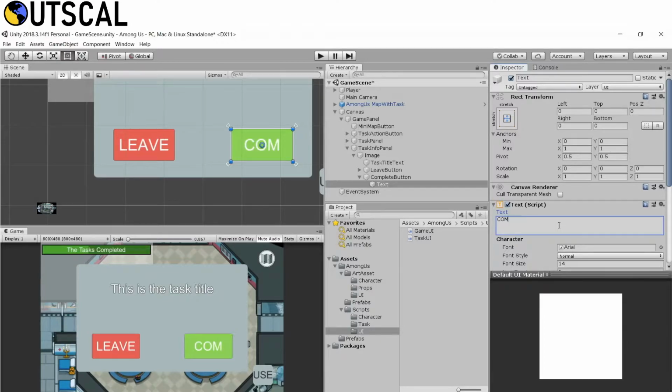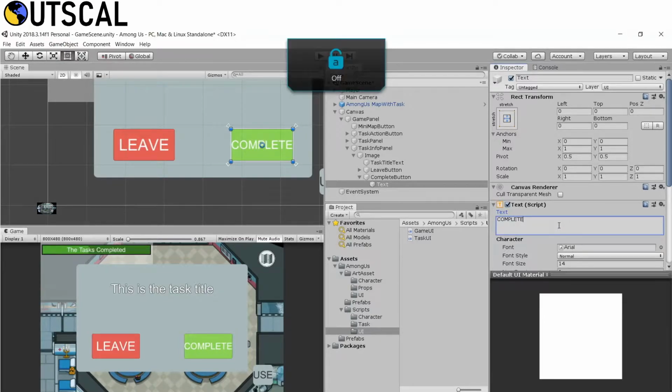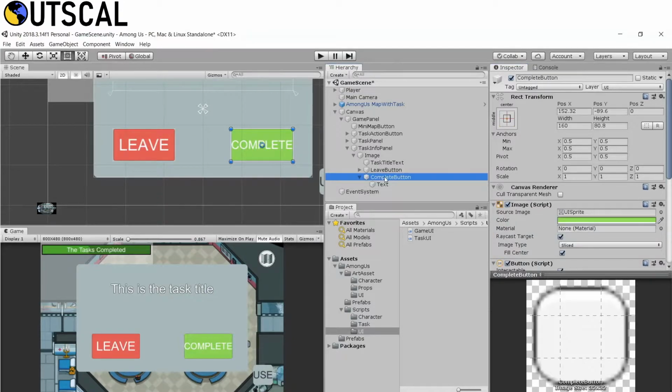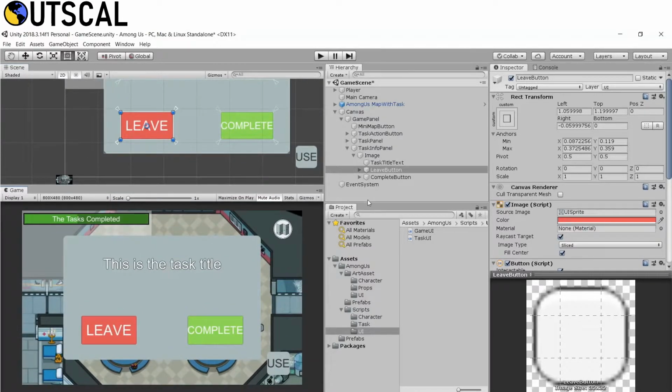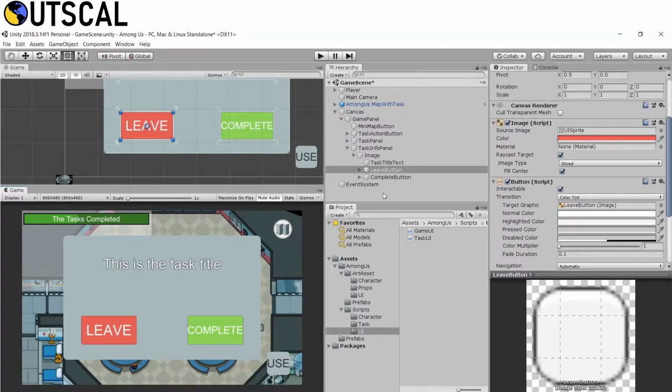So complete. Okay, now we can anchor them. So let's anchor. Okay, and the leave button as well. Anchoring is very important, guys, because it will make sure that your game UI looks the same throughout all the devices.